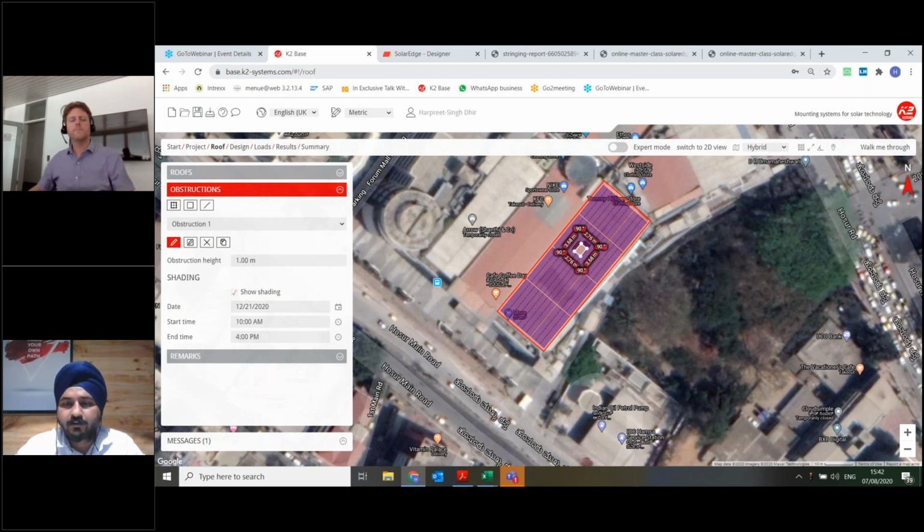We normally don't recommend that, because the moment you elevate a structure, you increase the forces. There are two forces, one called drag force and one called lift force. If you elevate it, the lift force will increase dramatically, so you are increasing the danger of the structure flying into the air. We recommend that the tilt angle be as low as possible and that there be no raised structure. If you do so, you will make your system safer.